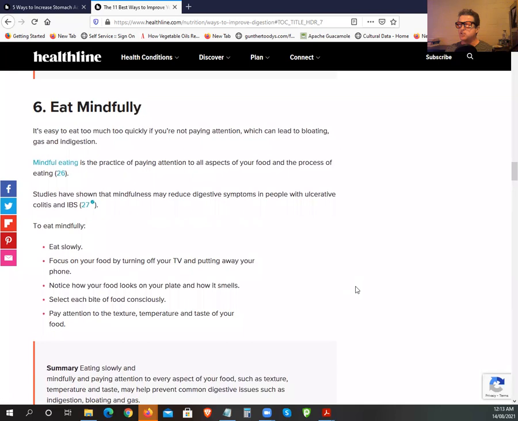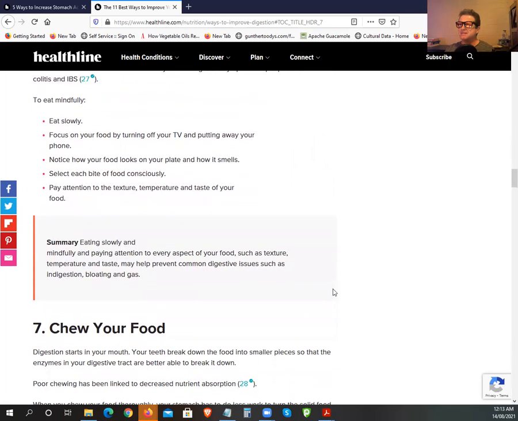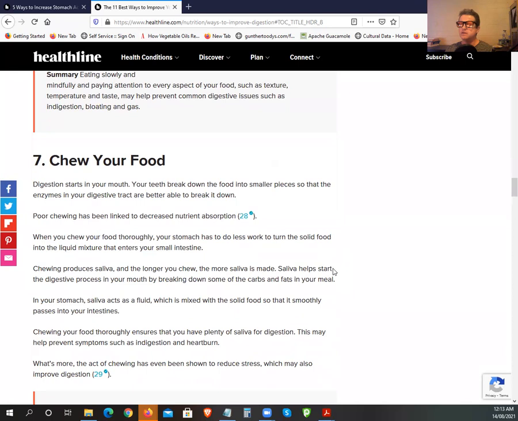Eat mindfully. Okay, I'll have an intellectual discussion with myself each time with my food. I'll sit there, eat slowly, focus on the food. Yes. Get into that Zen state of me and the food. Probably not. Do people really do this sort of nonsense? Oh, God, it's just chew your food. Oh, that again. God, I've got enough stomach acid. I can deal with it.